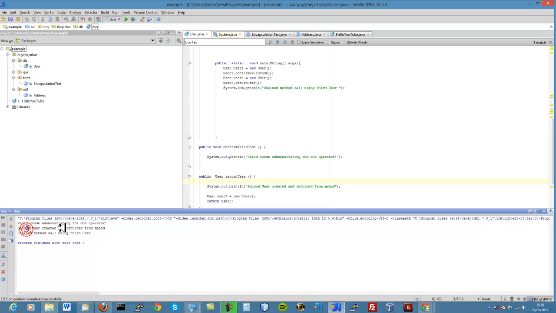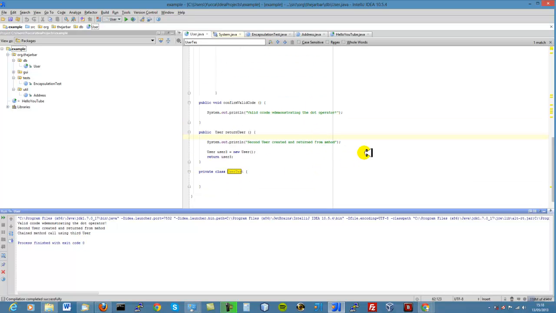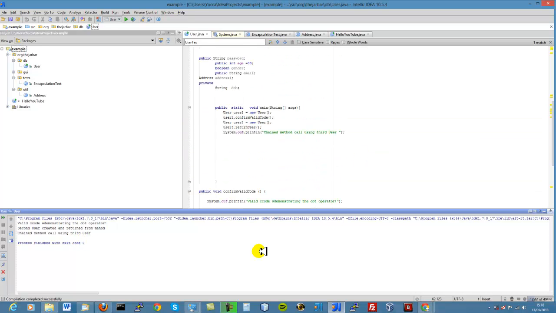Then we created a second user and returned it from the method, and we created a chained method call using our third user, and we exit with a zero code here. So all the code I've written in this tutorial and example works fine. It demonstrates the dot operator, and